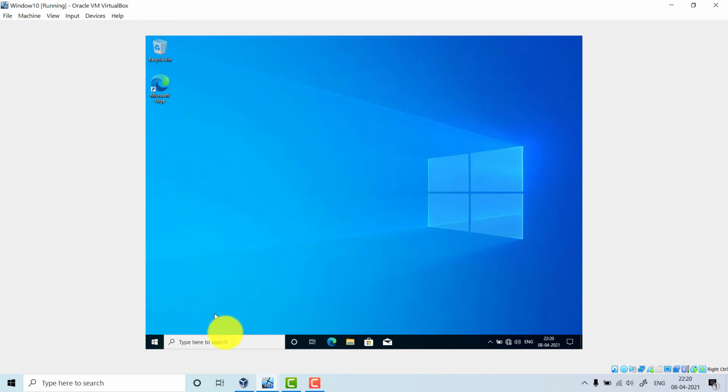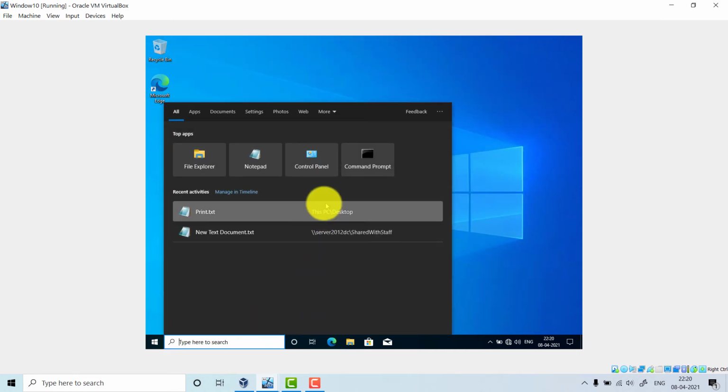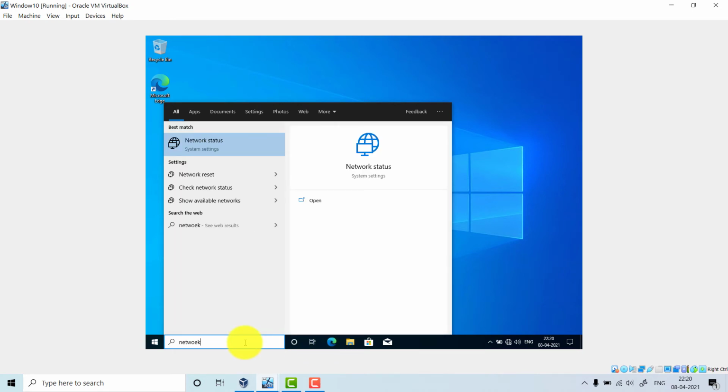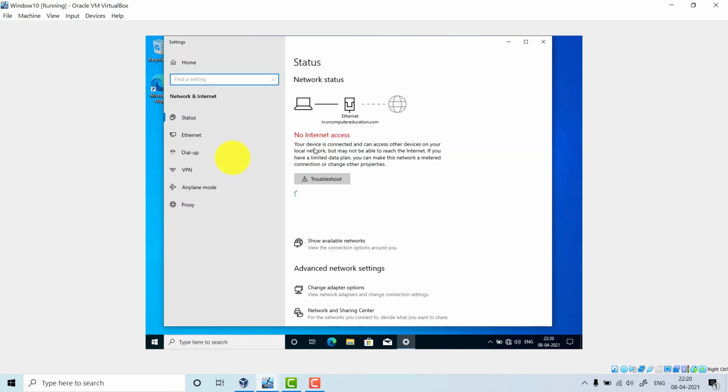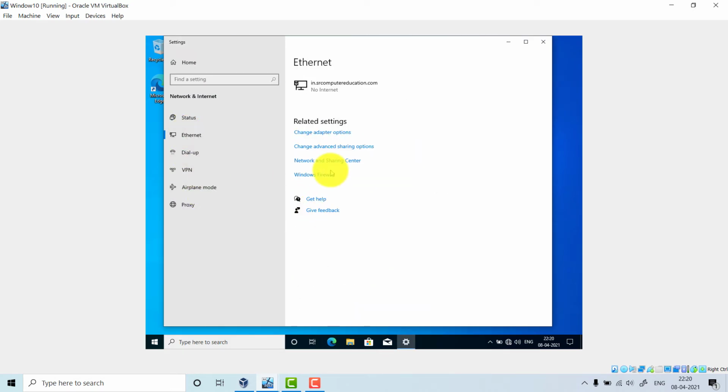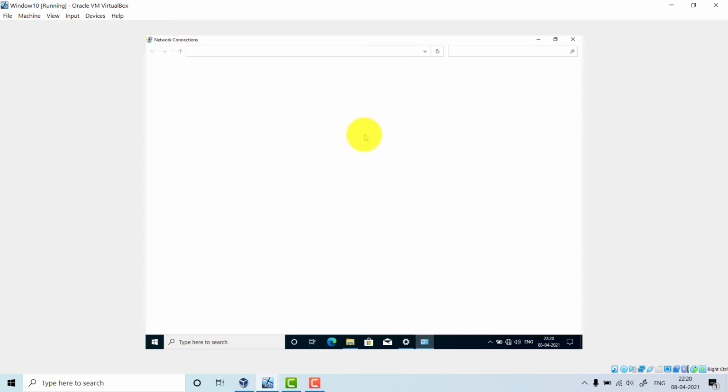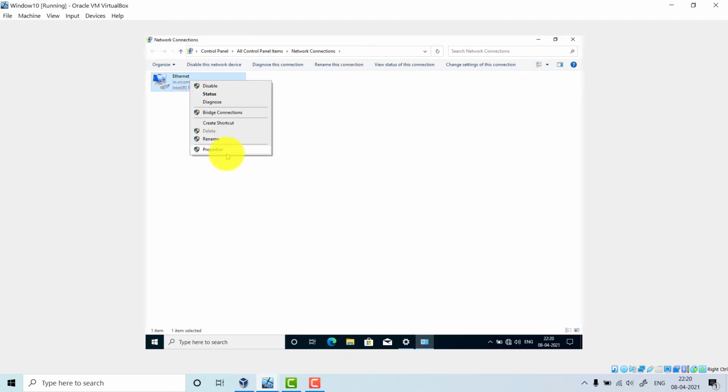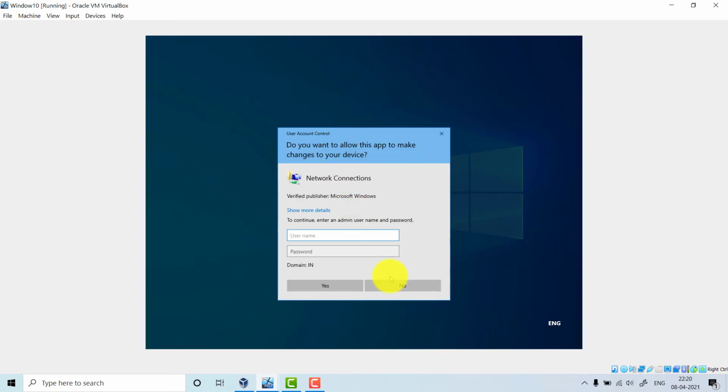Let's go to network connection, network settings, Ethernet, change adapter option. You can go from anywhere. Now to change anything it will ask for a username and password. Here you have to give the username and password of the server machine, because we are on the domain.